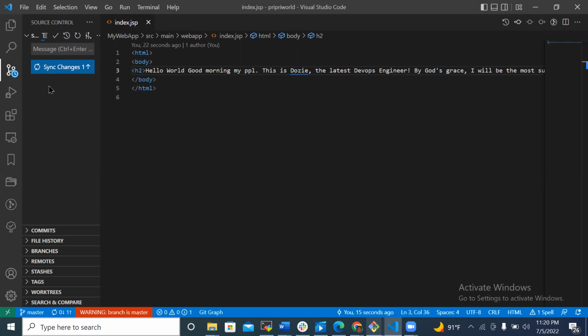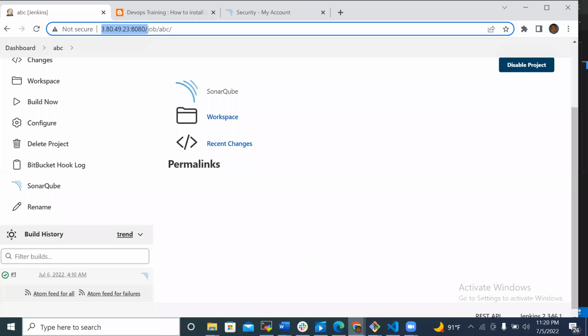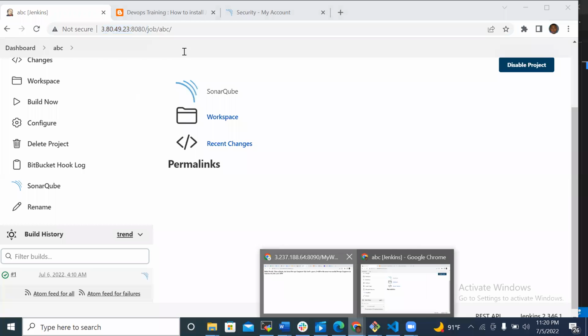But if it's not able to finish up, just know that our expectation is that once it completes the pushing, you see it's loading, once it completes the loading, if you refresh your Tomcat server,